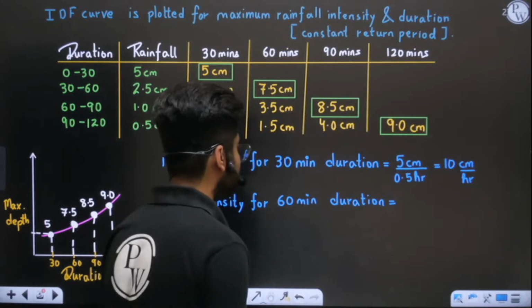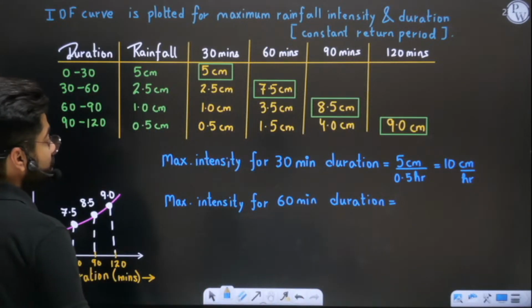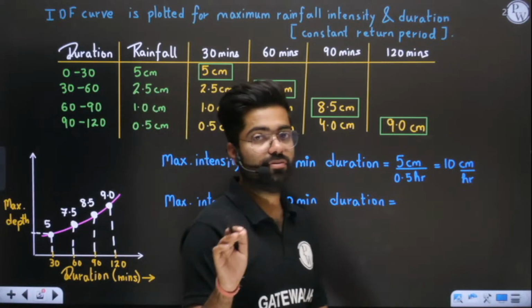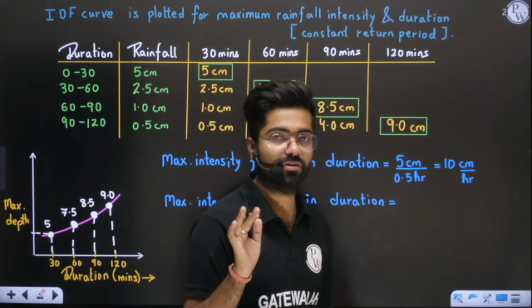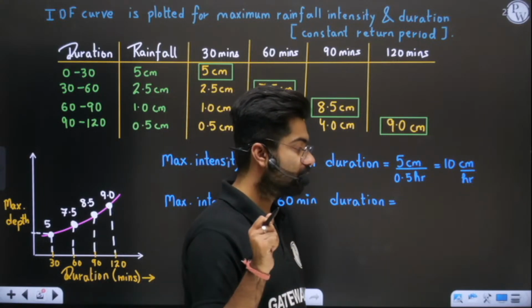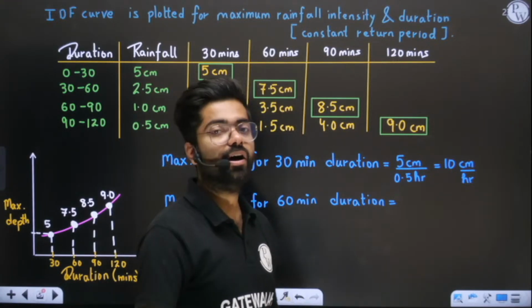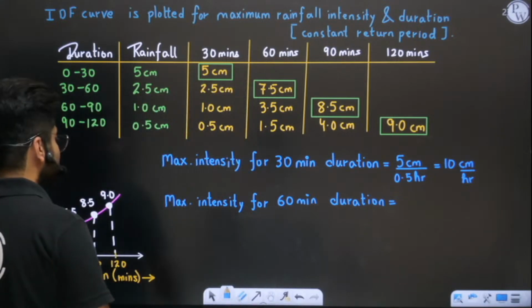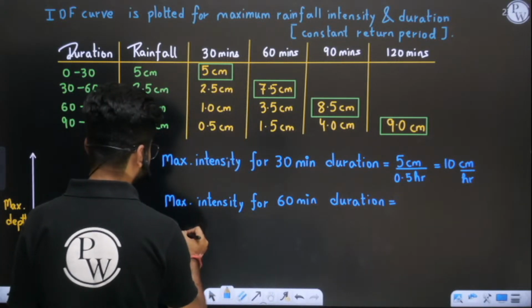Point 0.16. No, dear. Listen very carefully here. See, 5 upon 30 you will not do. You will find intensity in centimeter per hour. Okay, 5 upon 30 is not the answer. Convert that minute thing into hour. So maximum intensity for 6-minute duration will be, similarly we have to find